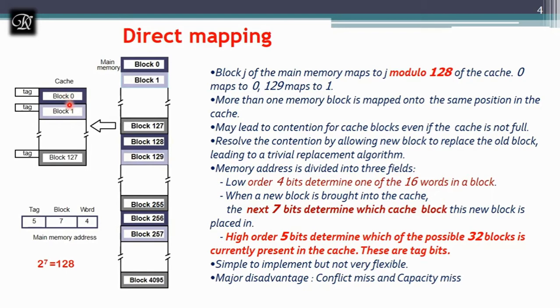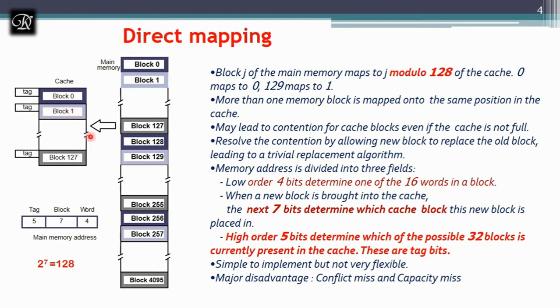To do that, we need some standard technique, right? Directly I cannot blindly go and place it on the cache. For that, direct mapping tells us to take a modulus with the total number of blocks. The total number of blocks in the cache is 128. If I take 129 modulus 128, the remainder will be 1. So I have to go to block number 1. Here I can store block number 129. So this is how I am going to decide.